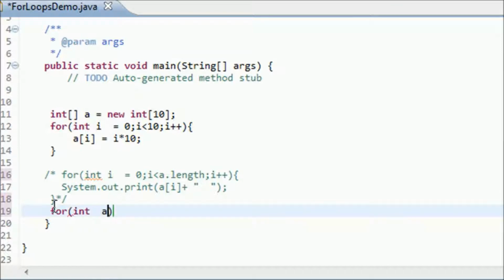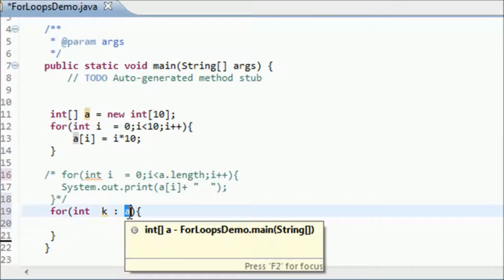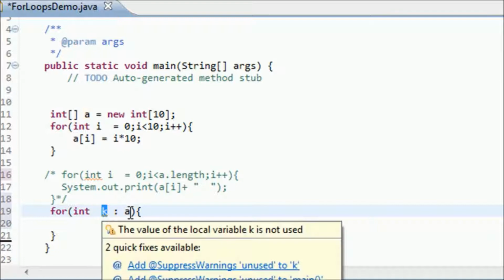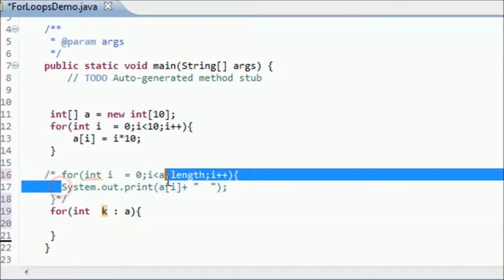I have all integer values in this array. See, this is an array, and one by one I am passing all the values from the array to k of type int, and I am printing.